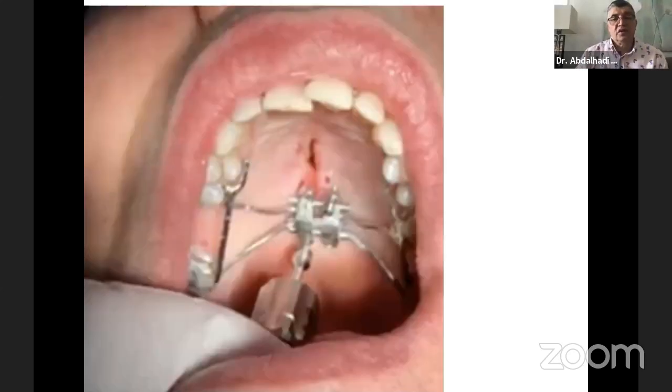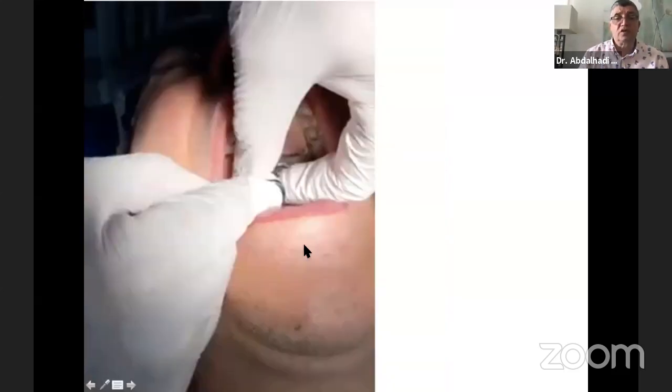So one finger holding the screw in the center of the socket and the other 2 fingers going clockwise, inserting the screw. It's better to insert the screw in a cross way. So I start by distal from anterior to the mesial posterior, and then like this. So it's like a cross. Do not put the front one alone, and then the posterior one alone. It's better to go cross way.